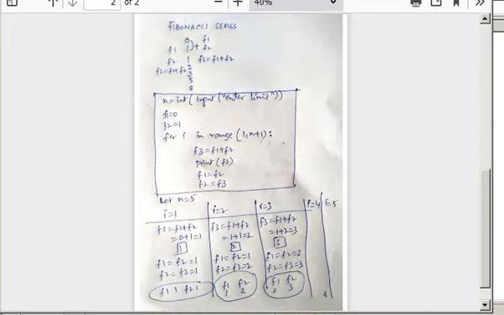Few people will also display the initial values in the Fibonacci series, f1 and f2 also. So you can write the program like that also. You just put a statement print f1 f2 before the for loop, if someone asks you to print 0 1 also.